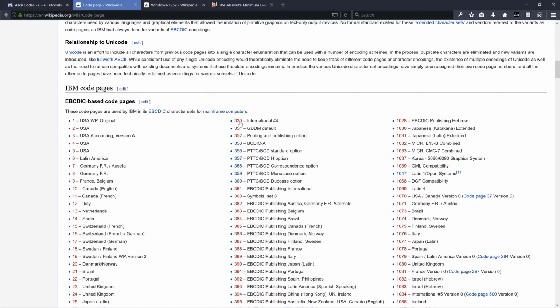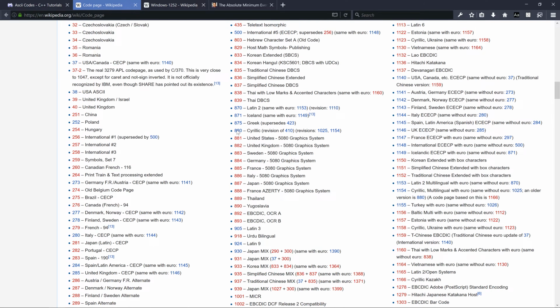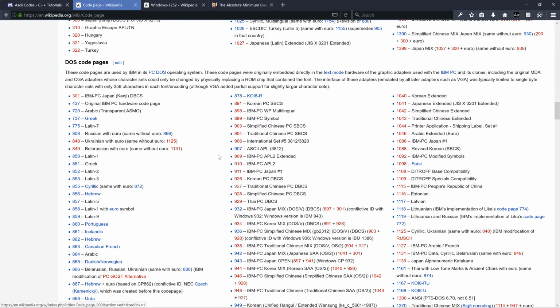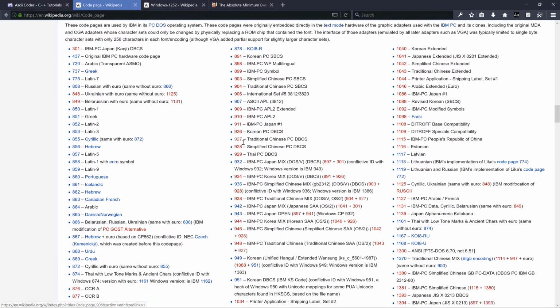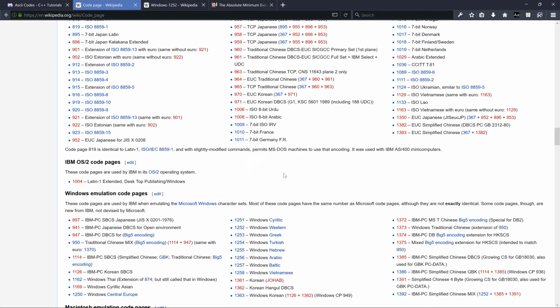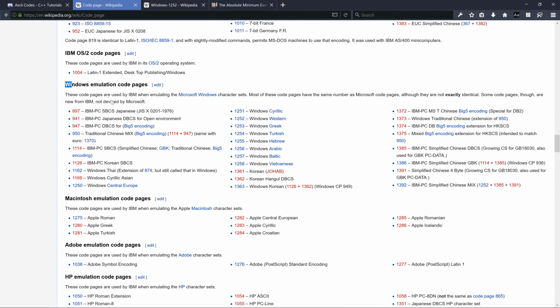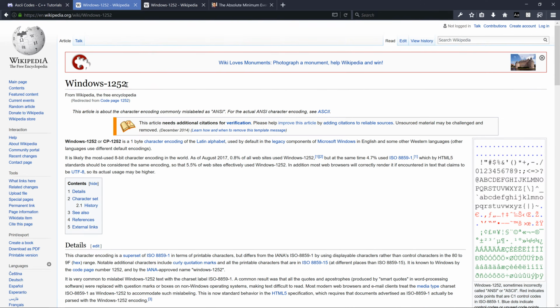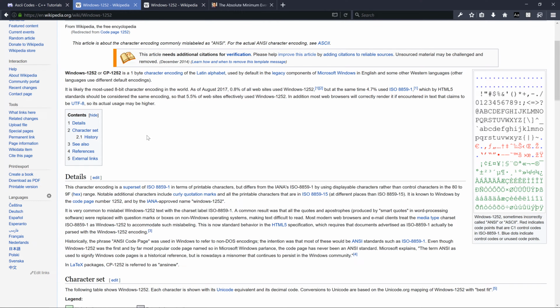And then what happened was, each one of these is a way of representing the extra 128 bits in the code pages, and then these will go on to define things outside of those. But in general, you'll find here is the bulk of the standards of what become the code pages. And I believe 1252, so this will be ANSI 1252, is the definition of the Latin alphabet in the extra